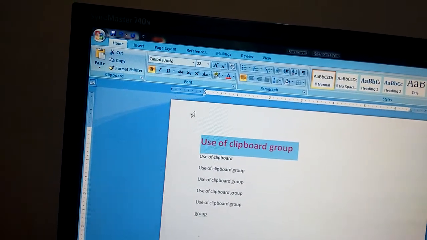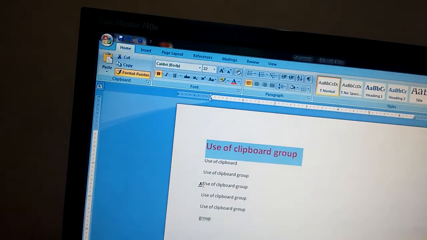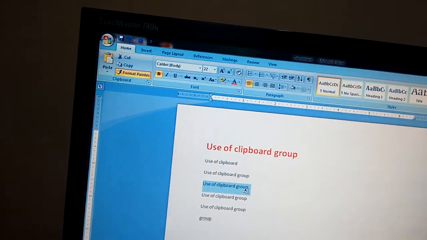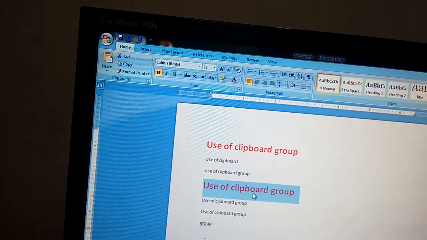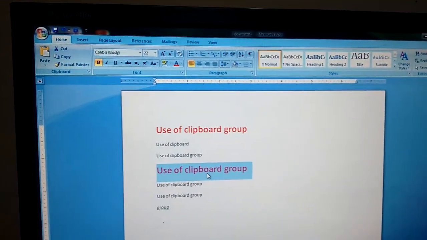So firstly you select it, and then click on format painter, and where you want to format, you drag over the text. It will be formatted there also. Okay, thank you.